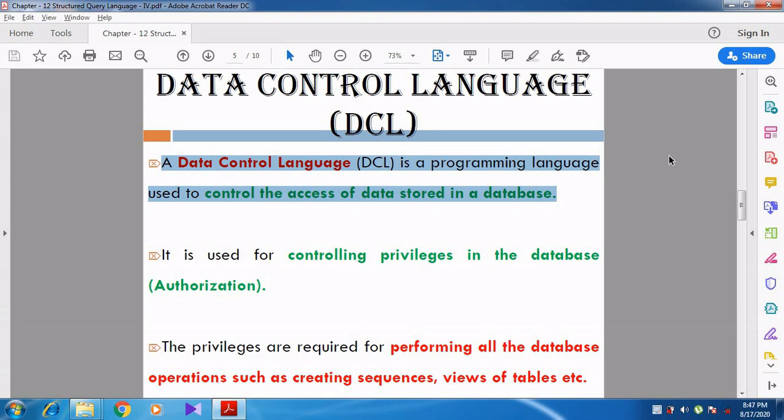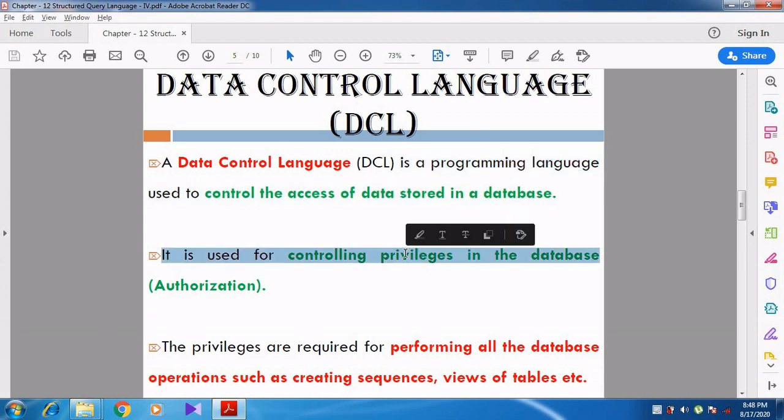So we are going to control the access of data: which data can be accessed in the database table, what data you can access, and what data you are not allowed to access.